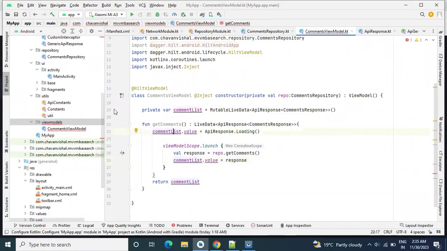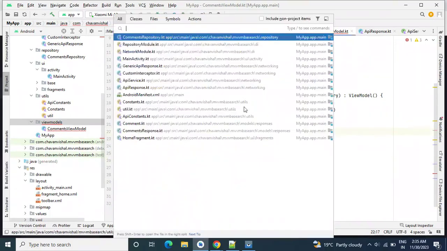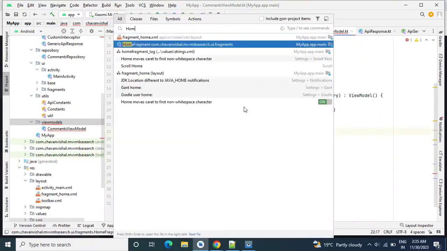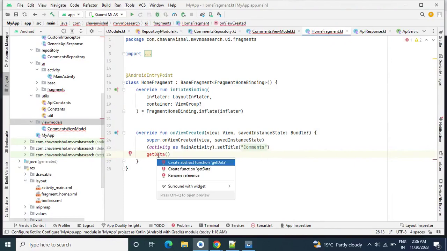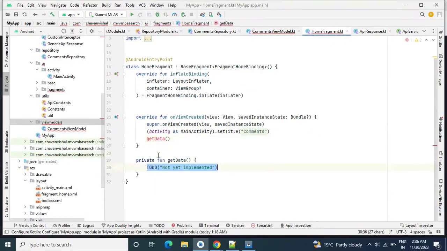Now let's move to our fragment, HomeFragment. So in HomeFragment, inside our onViewCreated, we'll write one getData method. We will create this getData method below this function onViewCreated. In this function, first we need to initialize our view model.